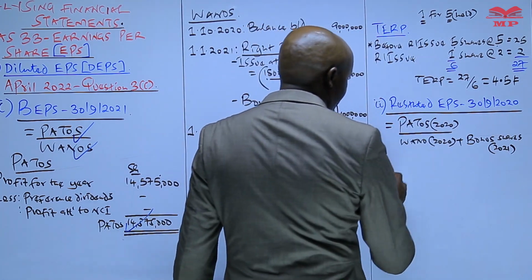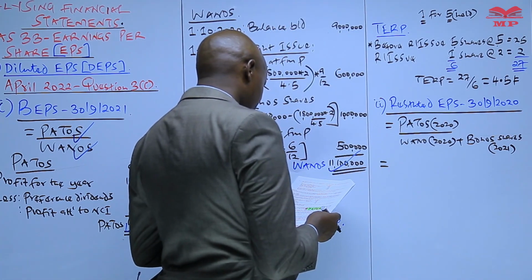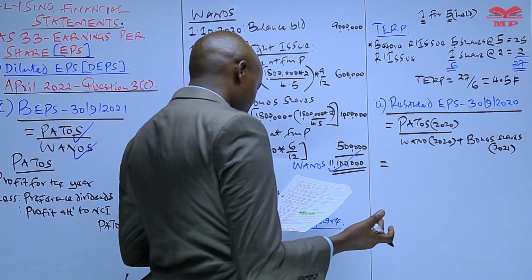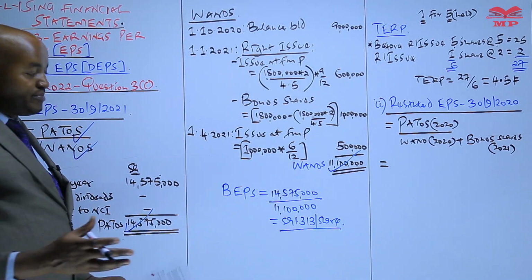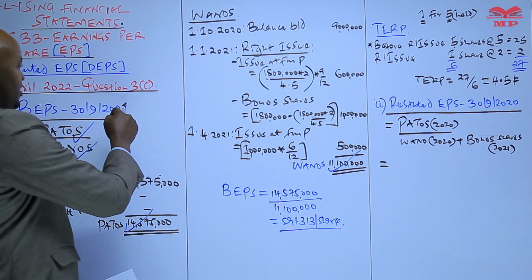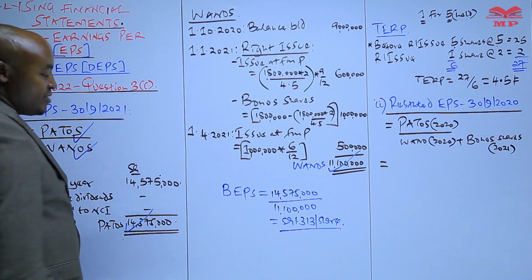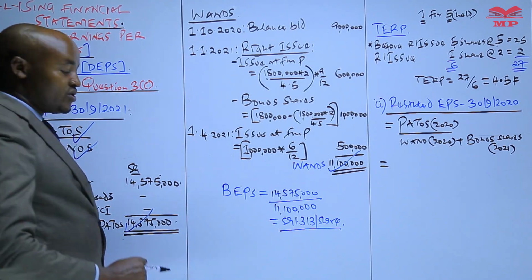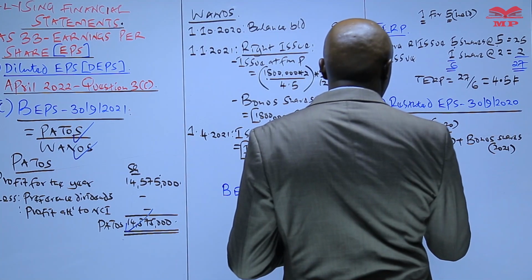So in our case, we already have the PATOS in paragraph number 3, where we have the profit for the year 2020, which is 15.1. Remember, the profit for the year, or the profit after tax, is the same as the PATOS, because we don't have preference dividends. So therefore, the PATOS for that year is 15.1 million,